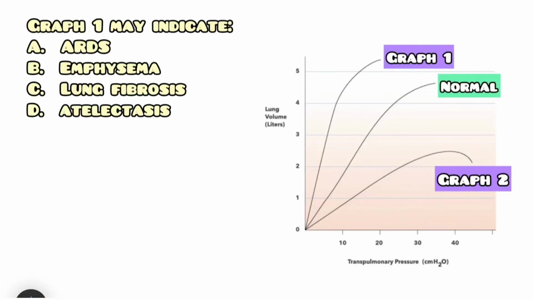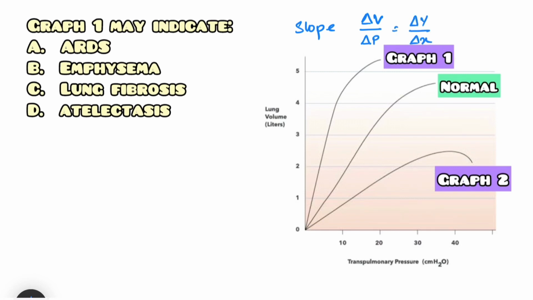This is a very common USMLE question where there's a graph given between lung volume and transpulmonary pressure, that is a PV curve. And the question reads, graph 1 may indicate ARDS, emphysema, lung fibrosis, atelectasis. So over here, the graph, if we talk about the slope of the graph, the slope will be your change in volume, that is change in the y-axis, by change in pressure, which is del y by del